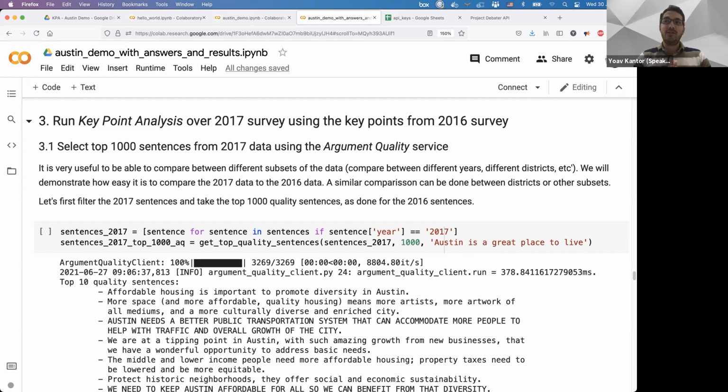Someone asked about the key points. Were they defined by the users or found by the program itself? The key points are automatically extracted. They are found from inside the data. The system knows how to select the best key points that are short, concise, and have the highest coverage of the data. So yeah, they are automatically extracted.